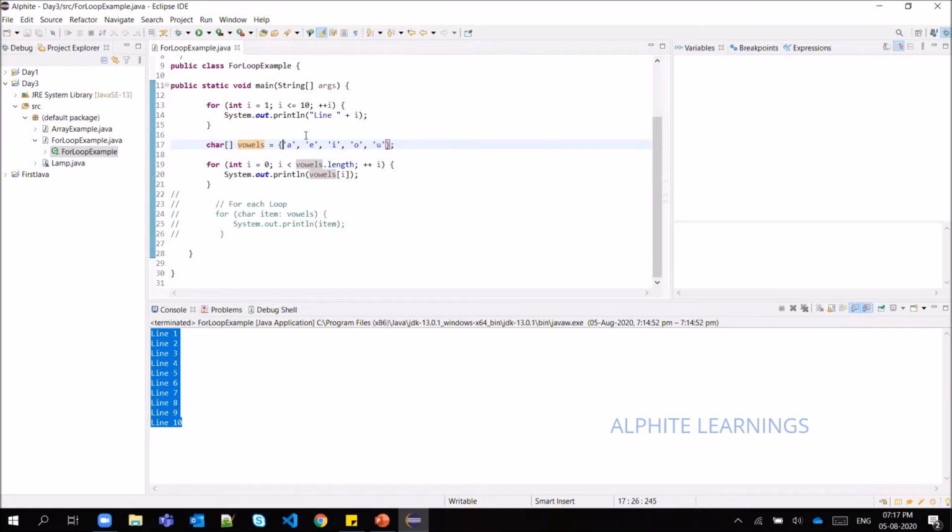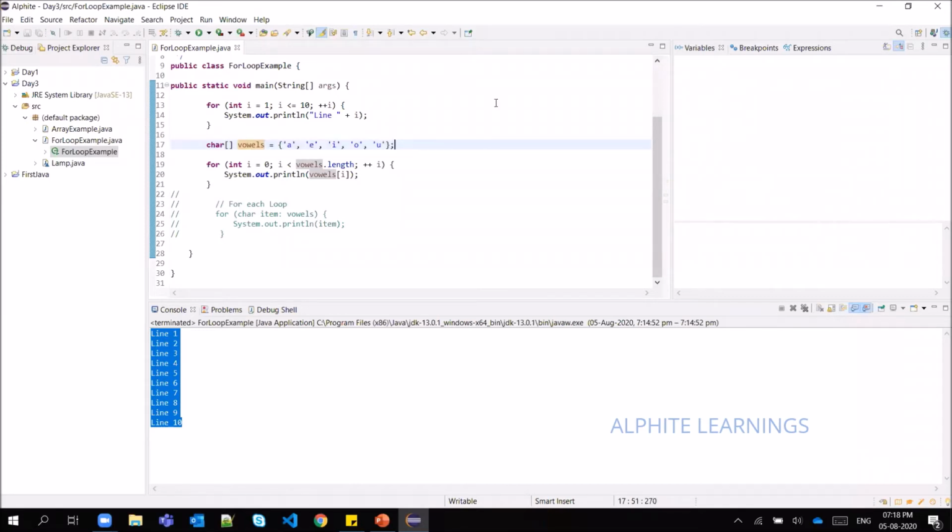Just know the reason for single quotes: since it is a character, Java will take it only inside single quotes. Each and every element is separated by a comma. Once you see this kind of value, with square brackets, you'll know it is an array.